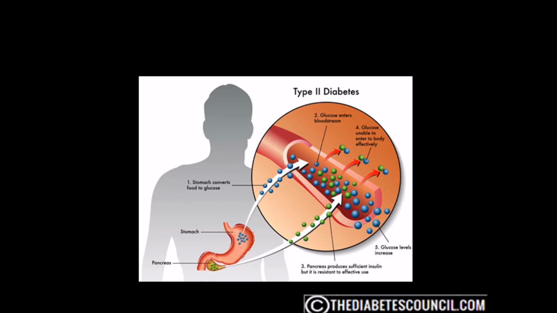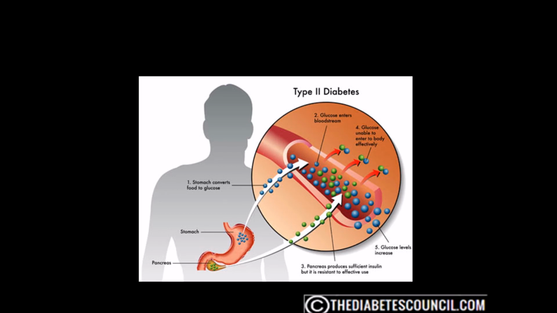There's no cure for type 2 diabetes, but some are able to manage the condition by eating well, exercising, and maintaining a healthy weight. If diet and exercise aren't enough to manage your blood sugar well, you may also need diabetes medications, which may include insulin therapy. Now, the symptoms for type 2 are basically the same as type 1 with a few additions. You'll see slow healing sores or cuts, itching of the skin, recent weight gain, numbness or tingling in the hands and feet, and impotence or erectile dysfunction.